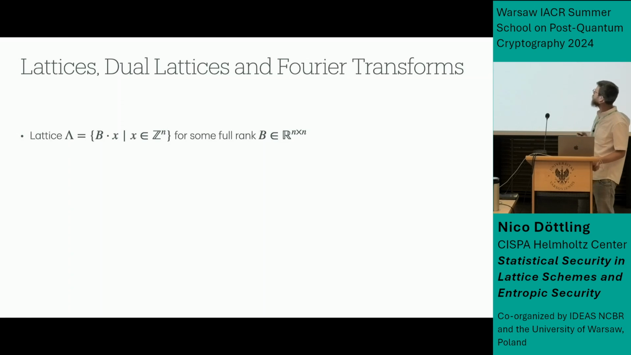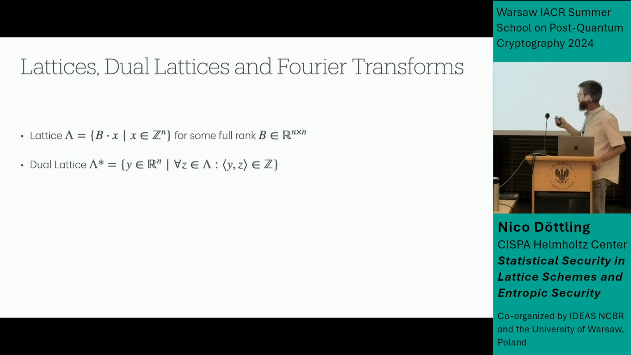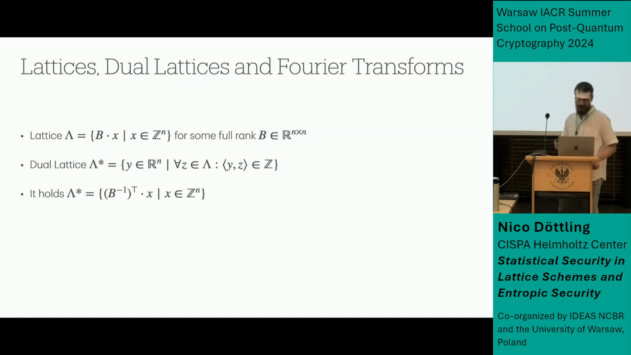We take a full rank matrix B in R^(n×n), and all integer combinations of the columns of B form a lattice. There are, of course, alternative ways to define this, but good. An important object associated with a lattice is its so-called dual lattice, which consists of all y in R^n such that for any z in the original lattice, the inner product with y is an integer. Alternatively, I can write this as